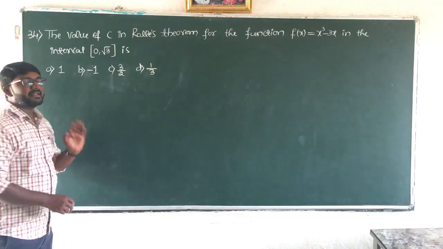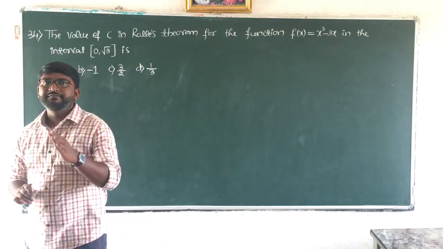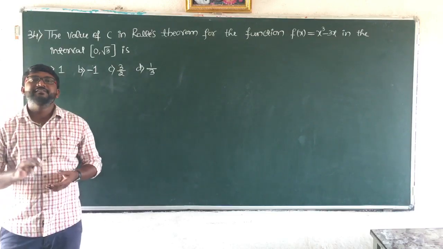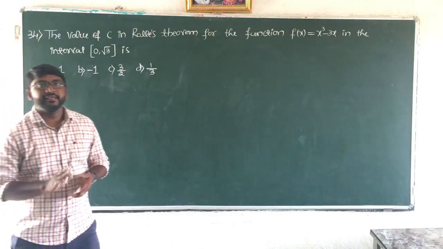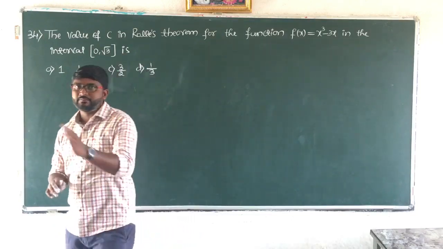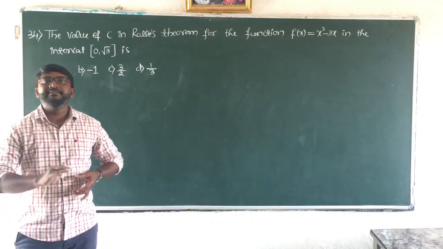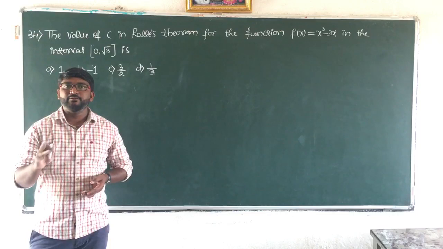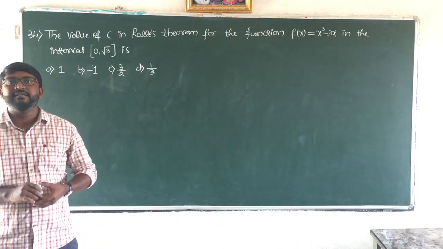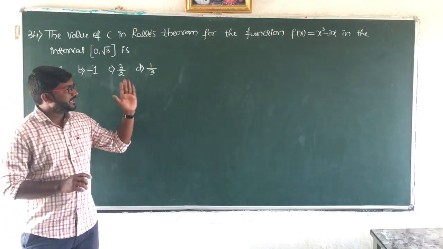So now let us recall Rolle's theorem. What was the statement of Rolle's theorem? The function f is continuous on the closed interval and the function is differentiable on the open interval a comma b, and the third point is f of a must be equal to f of b, and then the last point is there exists a c, at least one point c in the open interval a comma b such that f dash of c is equal to 0. So we have studied this in the theory. So let us solve this now.